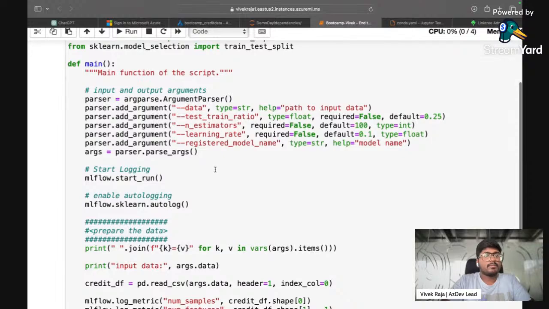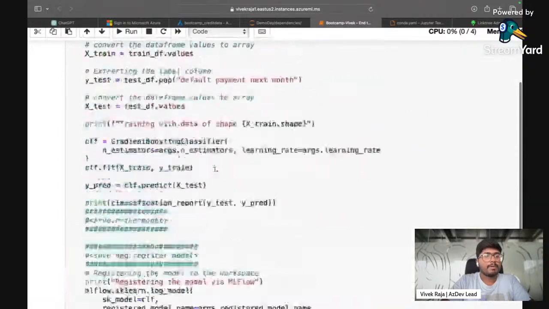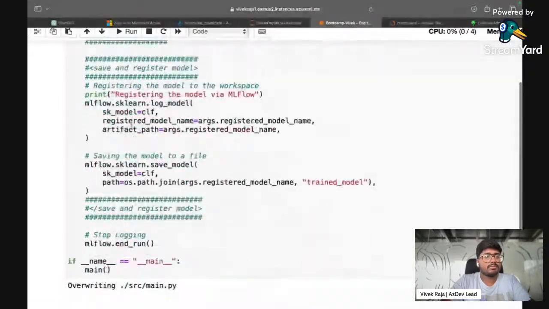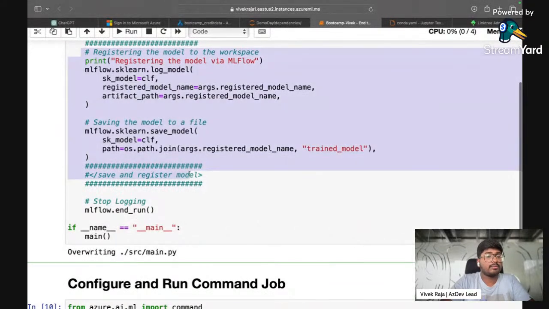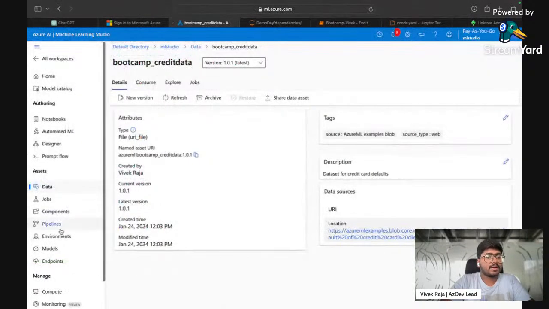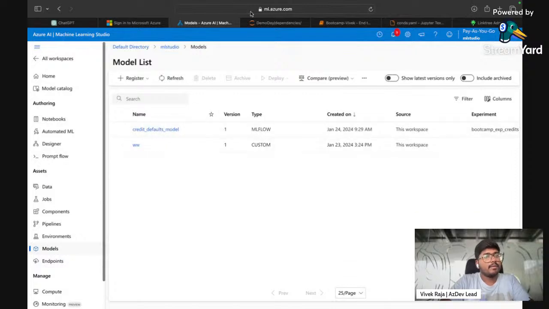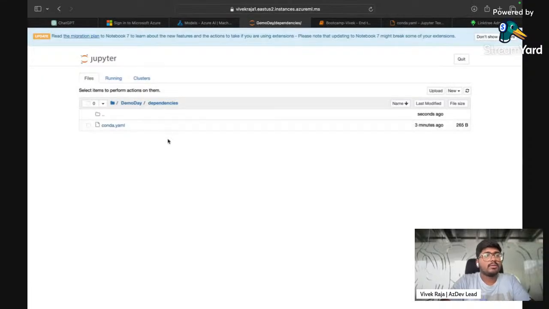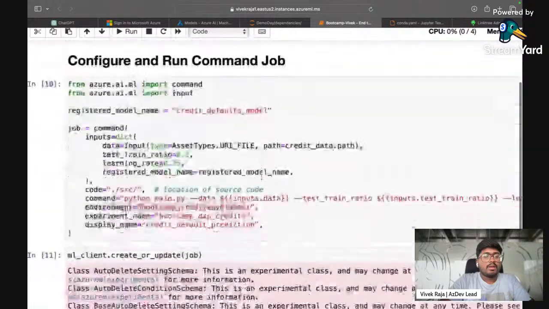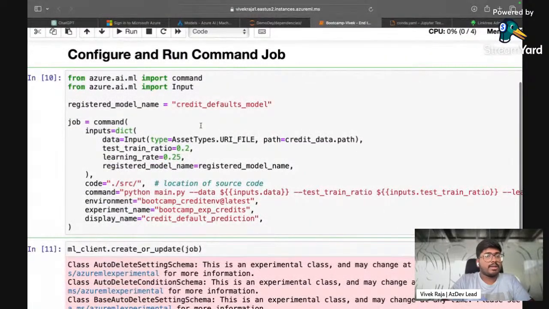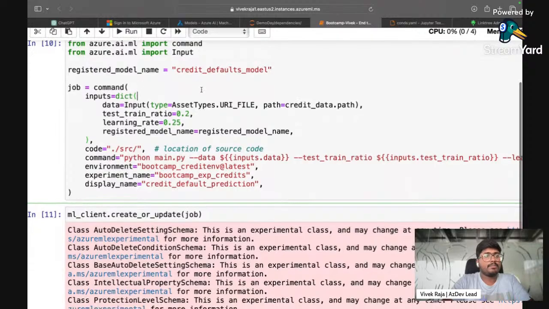So coming back to the session, you prepare your data, you train your model, you save and register your model. Once you run this particular flow, you will be able to see your models inside here, which you can deploy. We'll come back to it a little later. Then when you run this command, it takes your data, it takes your environment, and it takes your experiment name and it runs it. Right now, if we run it, it will take a couple of minutes to run. So I'm going to skip this and show you the outputs directly.